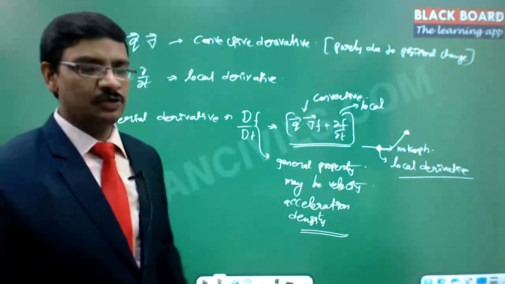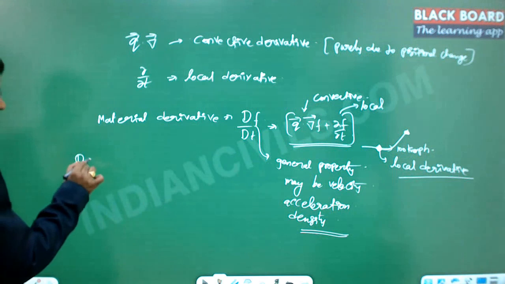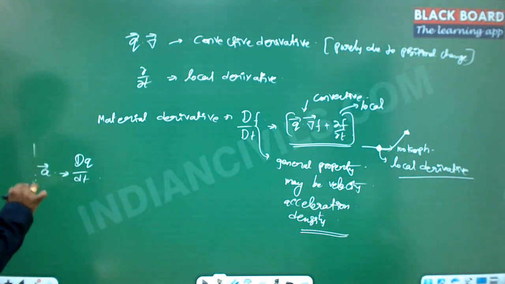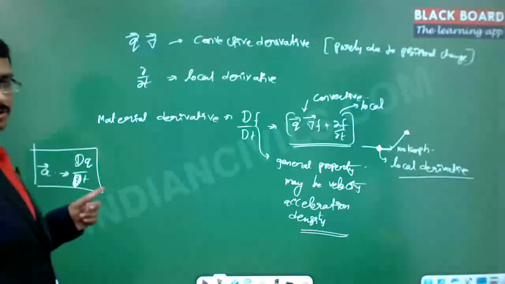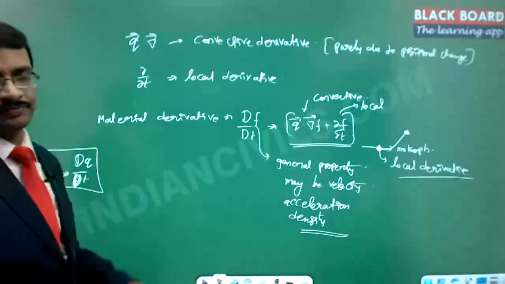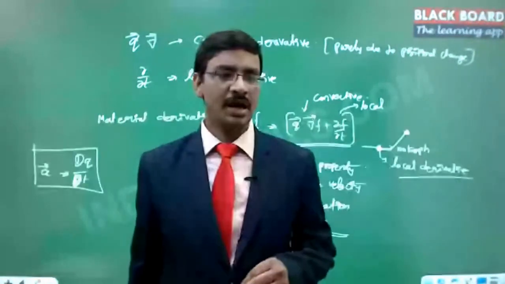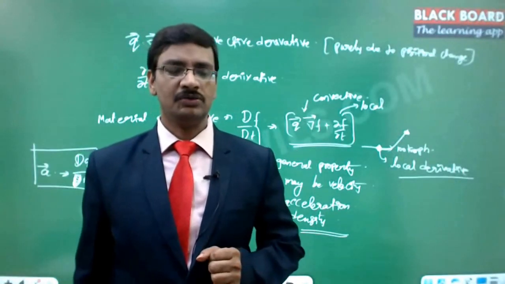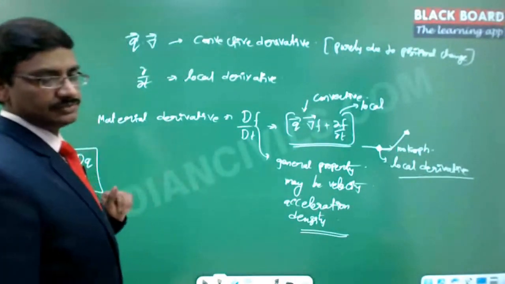Now I'll give you 2 minutes, try to calculate the acceleration. Acceleration is dq by dt, and this is what is called the acceleration. So dq by dt you have to calculate. Can you try to simplify, because you feel a little bit of difficulty in this. Find out the acceleration in the Euler coordinates, right? The acceleration we need to find out is nothing but the total derivative. So can you find out the acceleration?